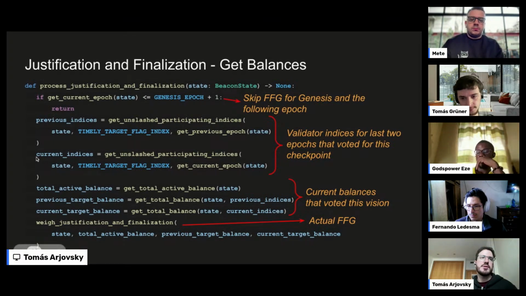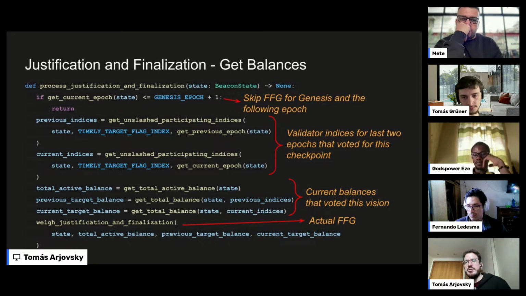So we reduce these arrays to a single balance. And then I also get the total active balance, because what I will care about is calculating 2/3 of something, so I need to know what the total is. You could say, hey, this is the current total balance, but what about the total balance for last time, right? Because maybe